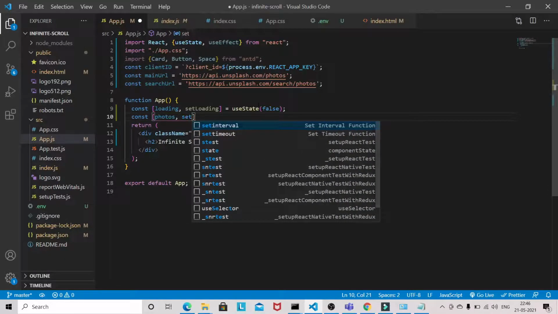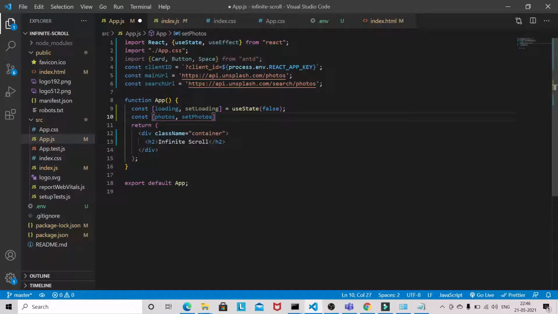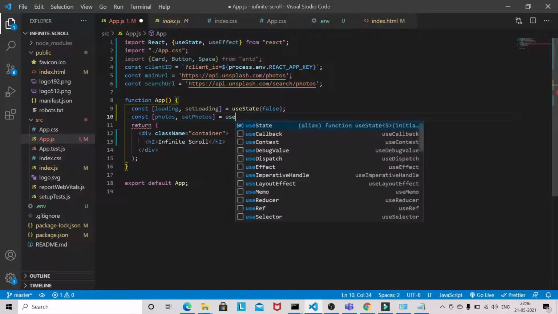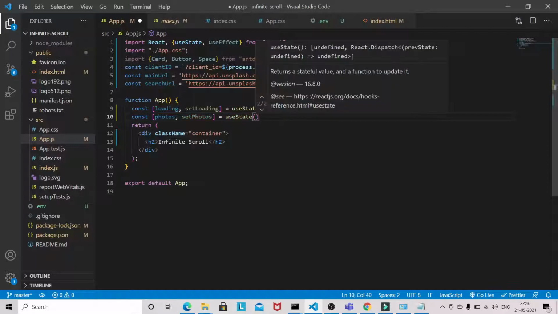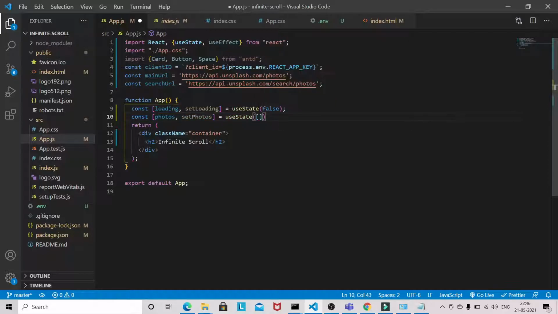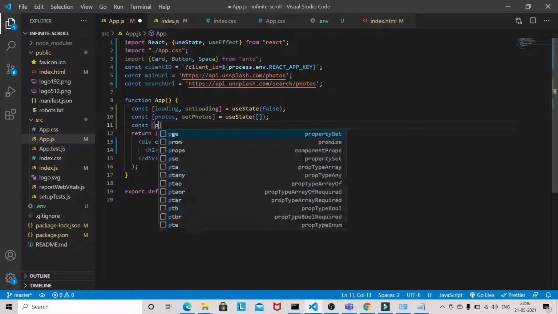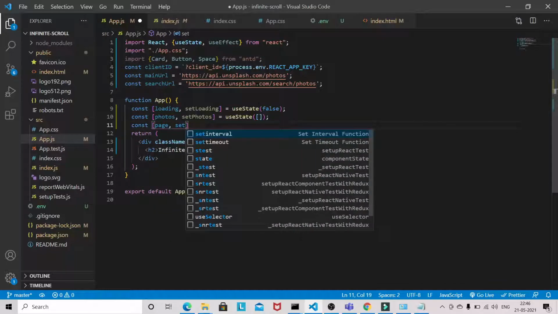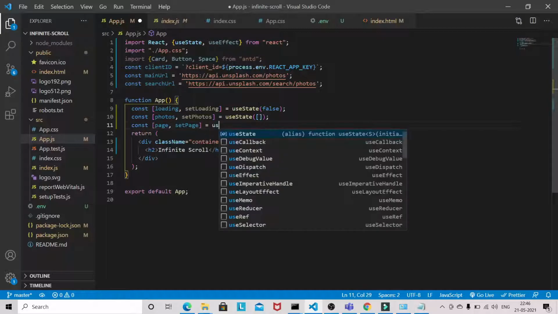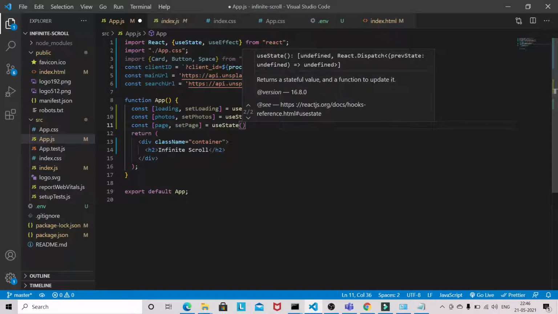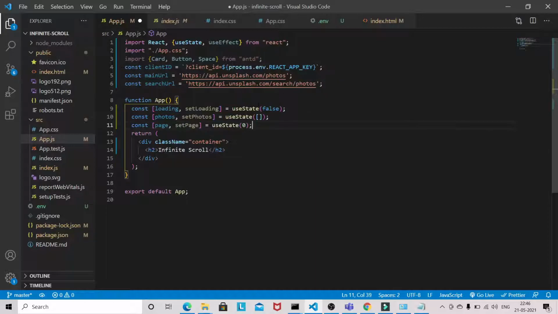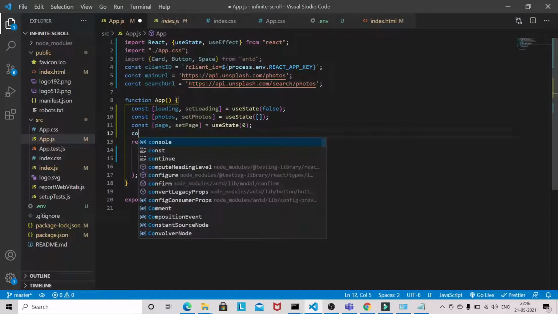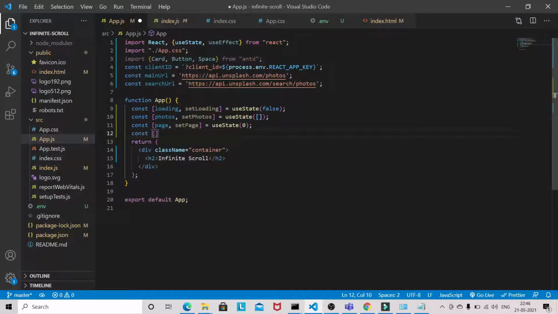Photos, set photos, useState, const page, query.